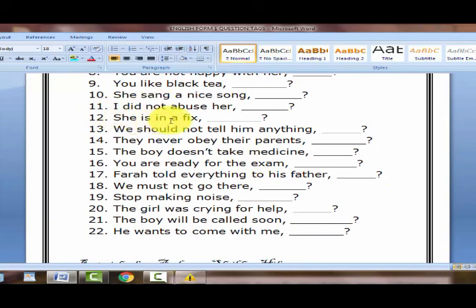So she's in a fix. You should not tell him anything. You see, they never obey their parents. The boy doesn't take medicine. You are ready for the exam. Farah told everything to his father. You must not go there. Stop making noise. You can see, stop making noise, you're commanding someone to do that. The girl was crying for help. The boy will be called soon. He wants to come with me. So please,